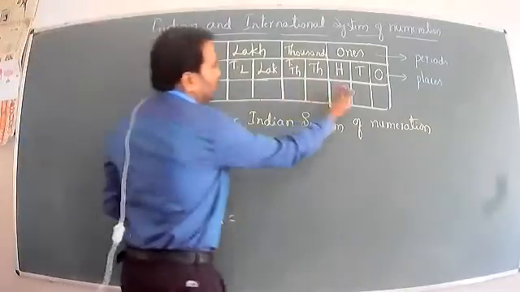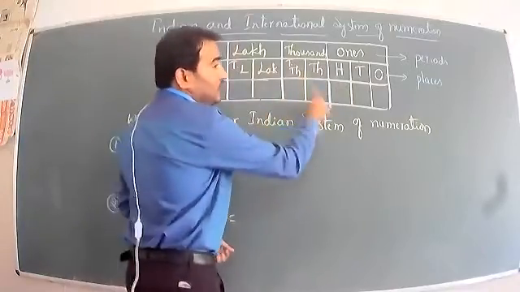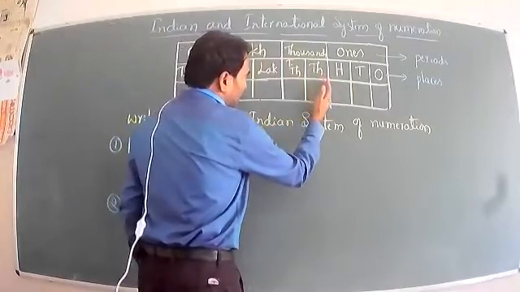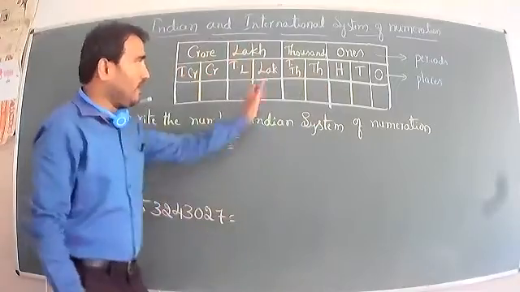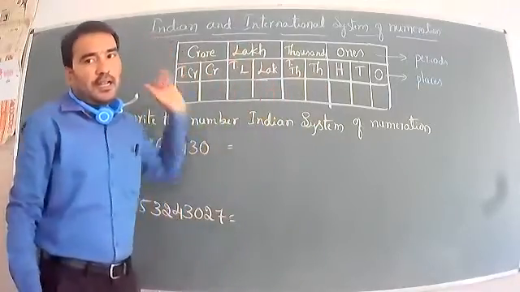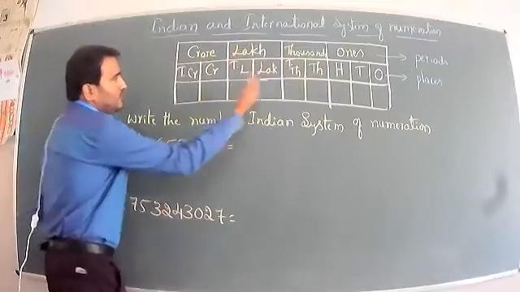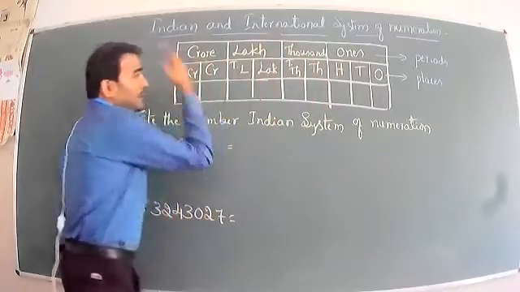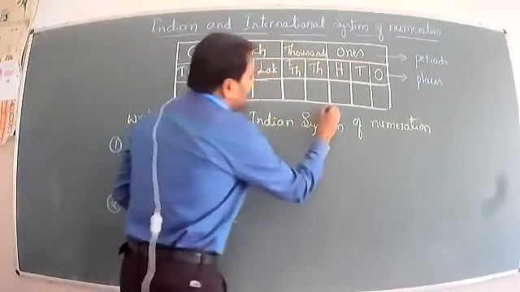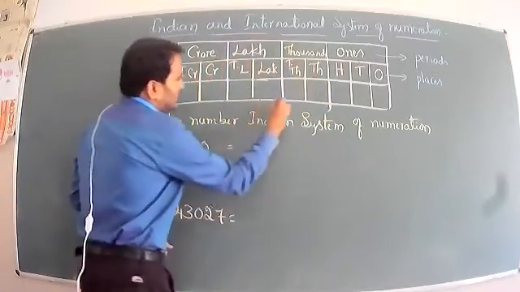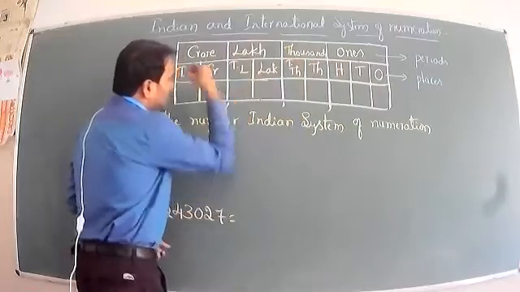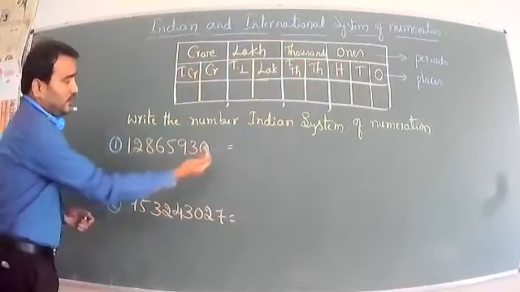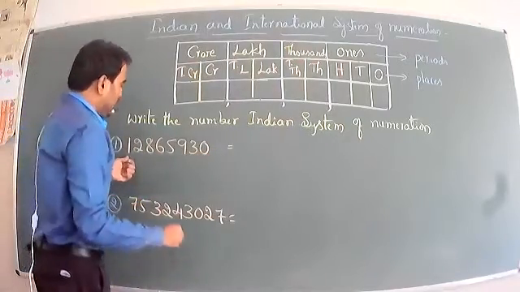After the hundreds, the first comma. At the thousands place, the first comma, keep that in mind. So after hundreds is the first comma. Next, after ten thousands, one comma. After lakh, one comma, and then after ten lakh, one comma. So we put the first comma here after hundreds, next after ten thousands, and then after ten lakh. Start from the right side to the left side, so we can write the number digits.